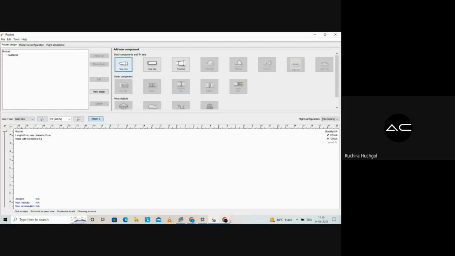Sometimes you must have observed that in the launch vehicles used by ISRO, there are no fins. So what is exactly used when there are no fins? Sometimes we use a system called gimbaled nozzles, wherein we do not have fins to give stability or guidance to our rocket. In place of the fins, we use the gimbaled nozzle, as in nozzles which can move freely at certain angles, and they can give direction and stability to the rocket. If there is an absence of fins, we use gimbal nozzle systems.